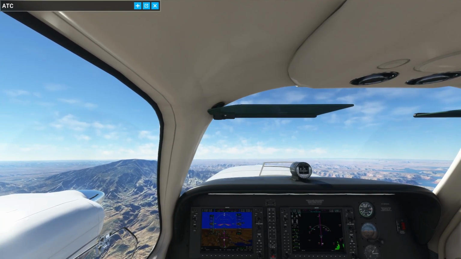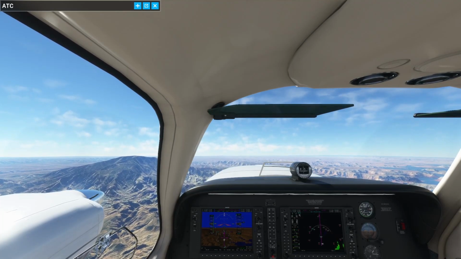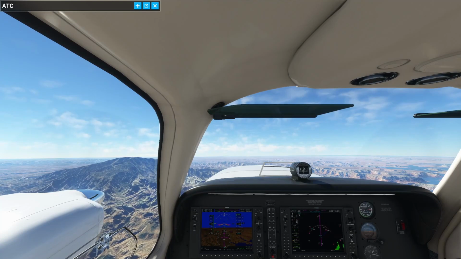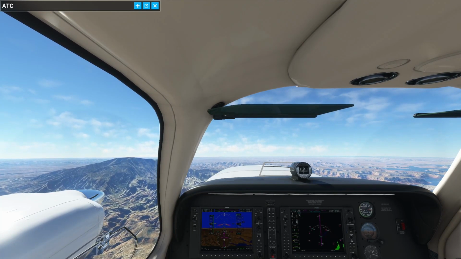And sometimes you can't find them. 3402 traffic in sight. Sometimes they're easy to pick out, and sometimes you can never find them. You know they're there, but...